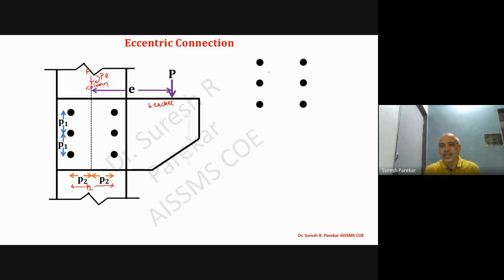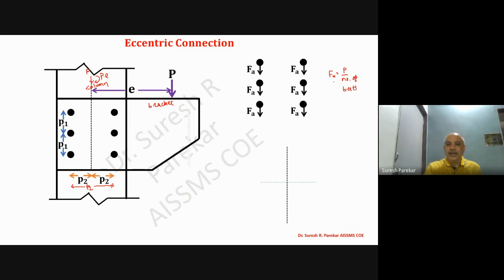Now what forces are acting on these bolts? Then we are going to get this as Fa. This will be due to axial force. And how we will get this value of Fa? So Fa, we can write it as Fa is equal to P upon number of bolts. So whatever bolts we have, from this we are going to get this value of Fa.